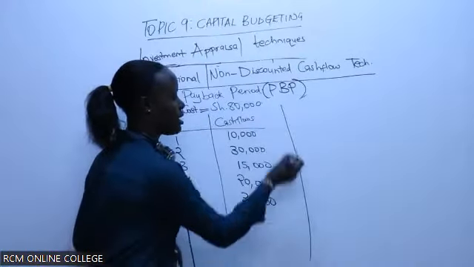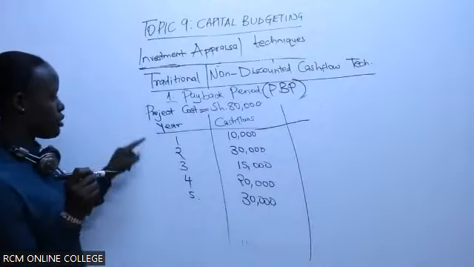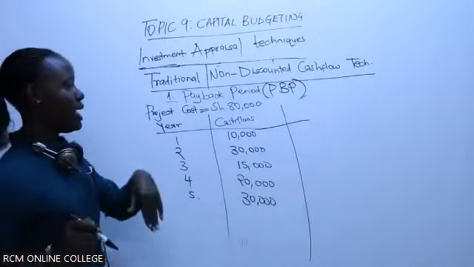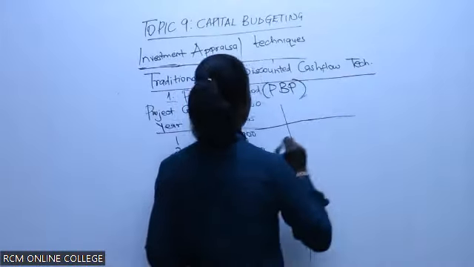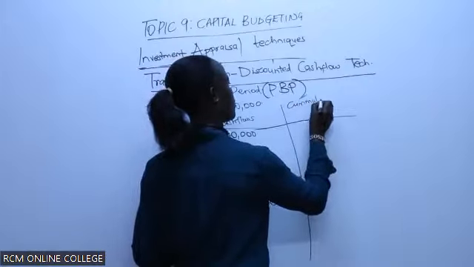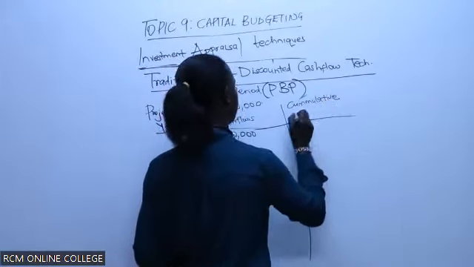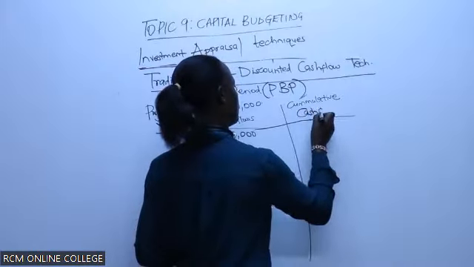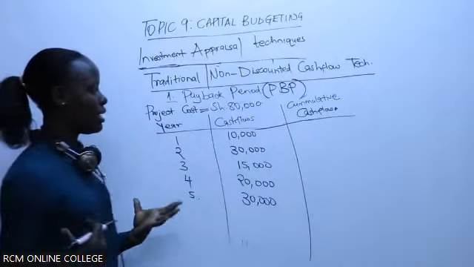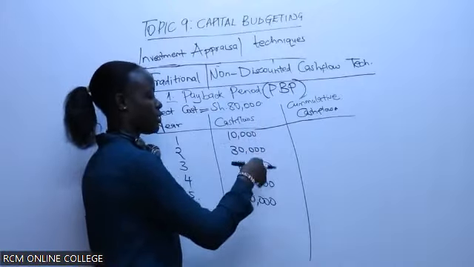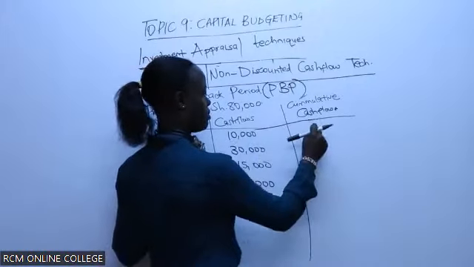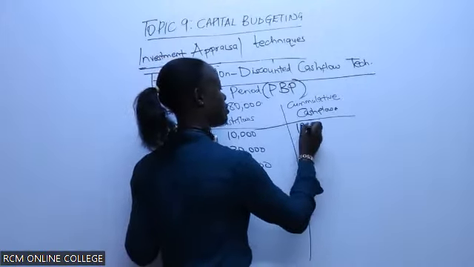So when you get such a question, first of all, what you do, you'll include another column, your third column. Remember, we have the first column that has the year. The second one is talking of the cash flow. And now you'll have to include another column that will look at the cumulative cash flows. For the cumulative cash flows, it is just the summations of what we have. But here, our first cumulative value will be the 10,000 that we have.